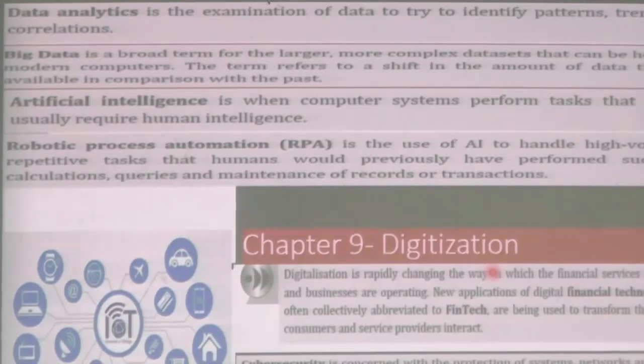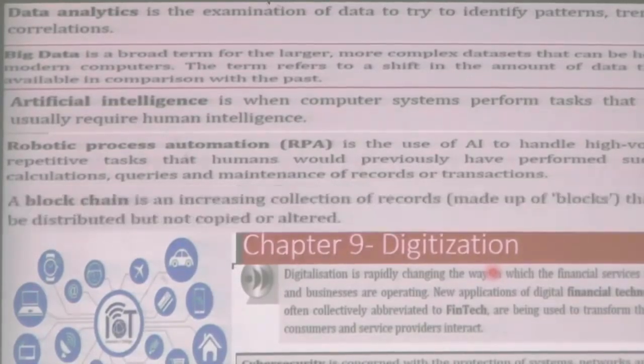RPA is significantly being used in auditing as well. For certain procedures you have to download files. Let us say you have to do a three-way matching, which I discussed today. The auditor is doing a three-way matching to detect errors, right. So, you can program it to download the PO file, the GRN file and the invoices, cross check them and show me a report of discrepancy. This is RPA.